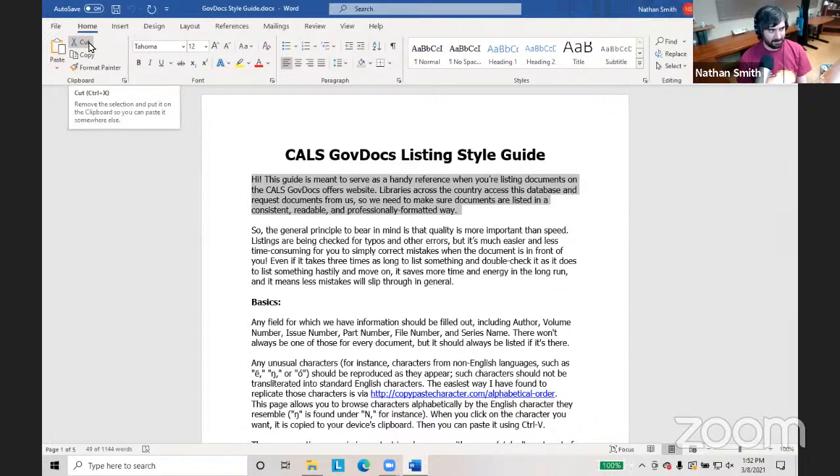So if I click this cut button up here at the top, that will remove this. But personally, I like to use the keyboard shortcut for that instead. When I say keyboard shortcut, what I'm talking about is pressing a couple of keys on the keyboard to use some option rather than having to look for it and click it on screen.